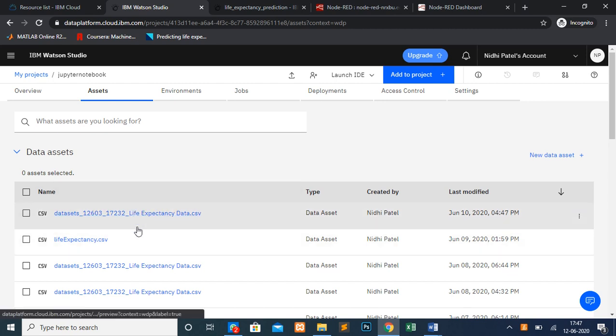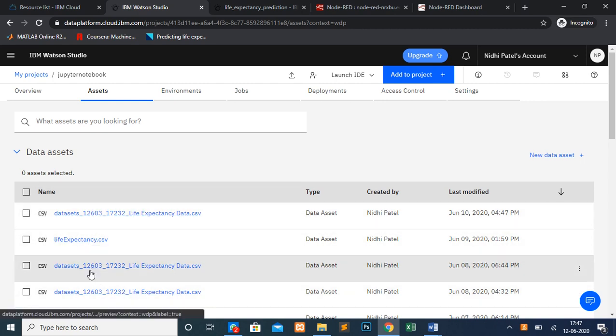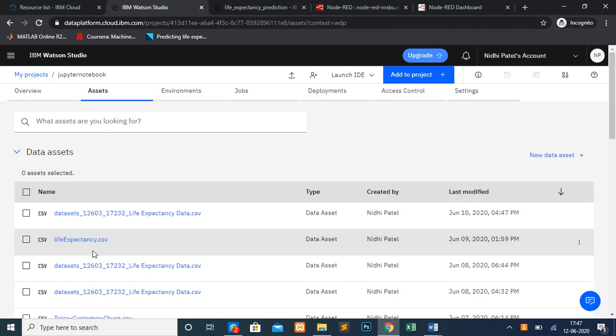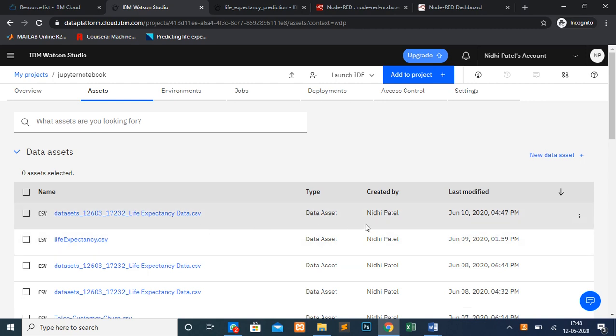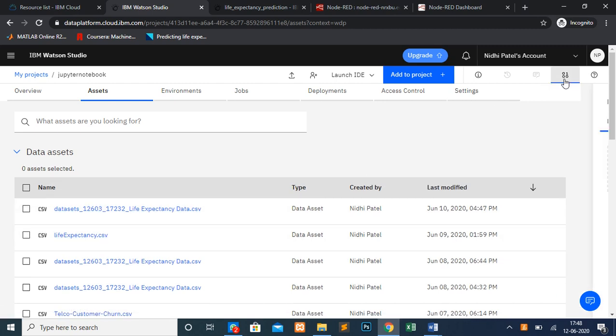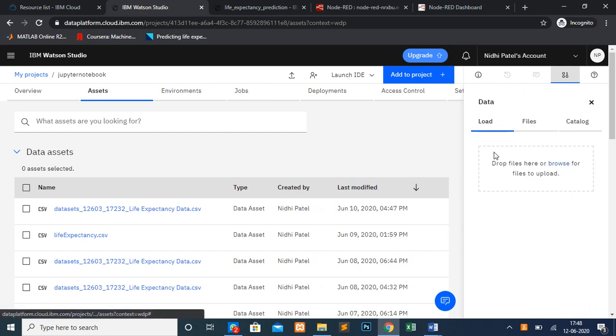Now in this project there are data assets. You have to download the data, which you can get from Kaggle, and import it here. By using this icon, you can click on browse and easily import it. I've already imported it.